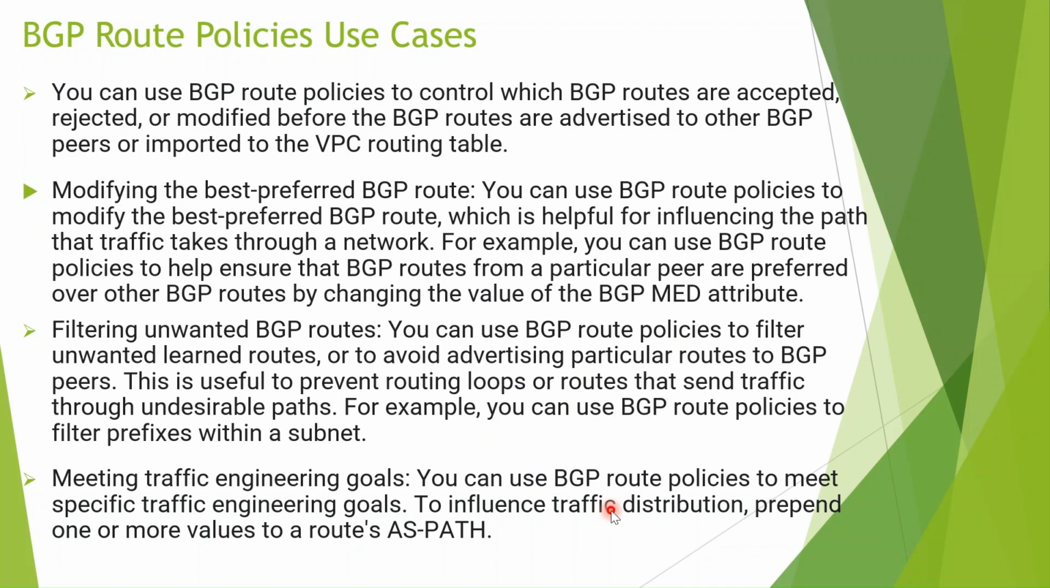So that is 64512. Suppose I am giving an example. If you want one specific peer to be less preferred over another peer, you can use this traffic engineering, in which you prepend one or more values into the AS path. So you can type 64512 four times, and it will be less preferred. But I have tried